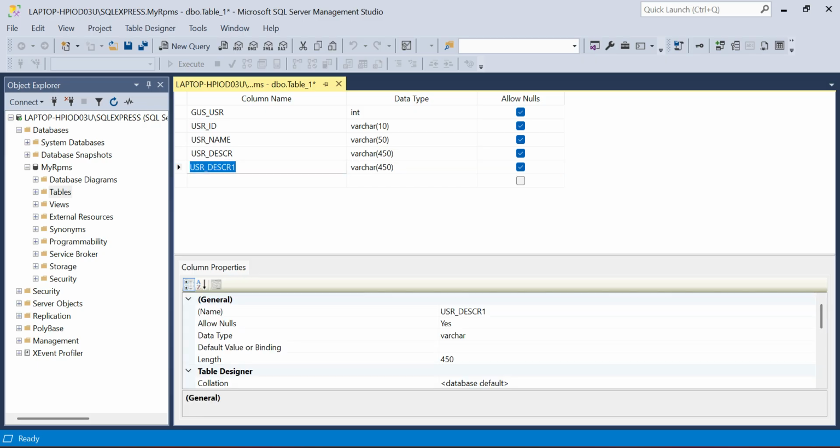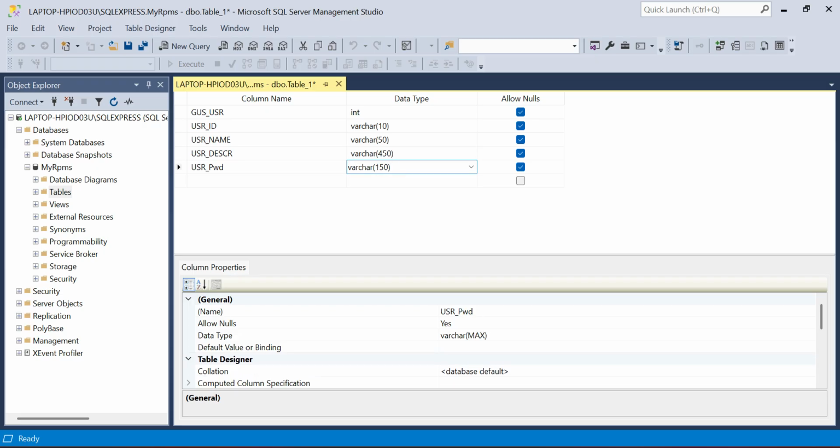Now let's create the password. Column password. Okay.